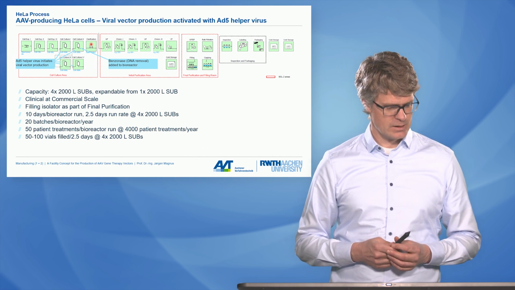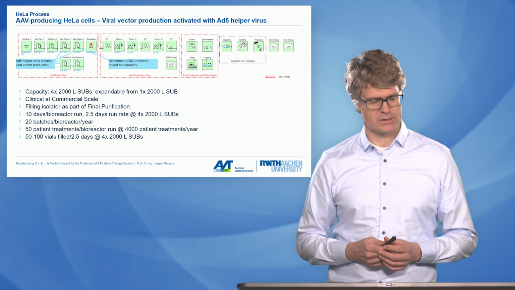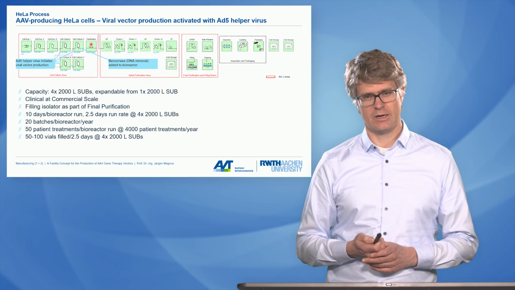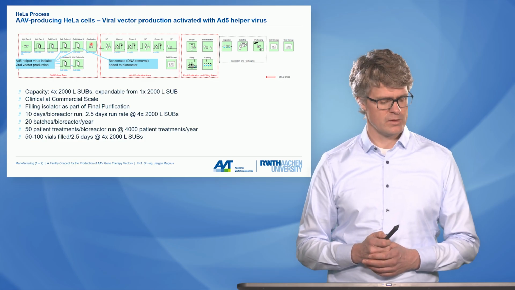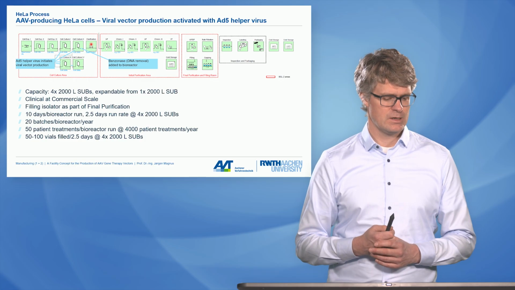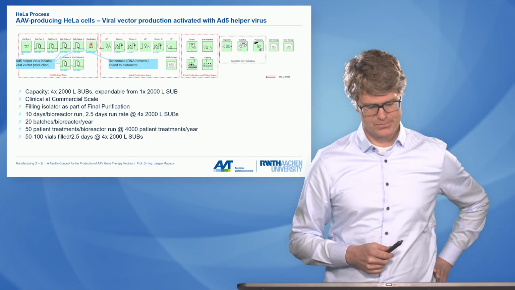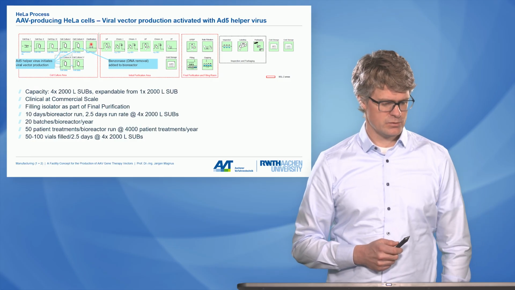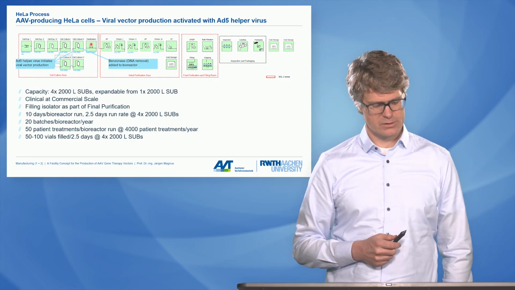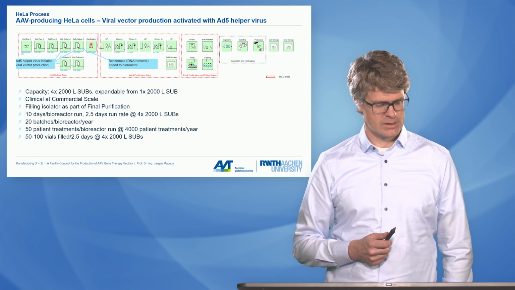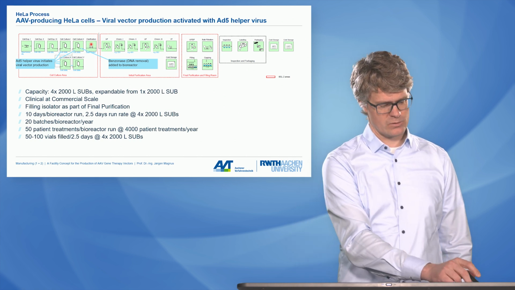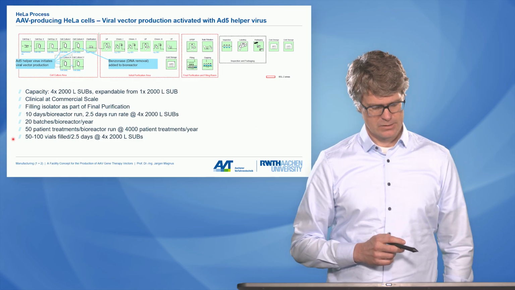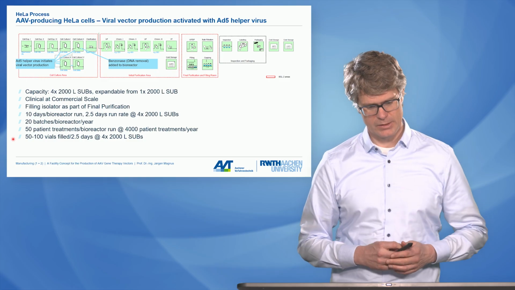As we mentioned, the filling isolator is part of the final purification. It's an isolator in a class C room. And therefore it has to be an isolator, because an open filling machine would require a class B background, but with an isolator it's okay to have a class C. As mentioned, 10 days per bioreactor run, 20 batches per year, gives you about 50 patient treatments per bioreactor run, and the size of the filling machine is rather modest, with 50 to 100 vials filled in 2.5 days. So that is the basic assumptions